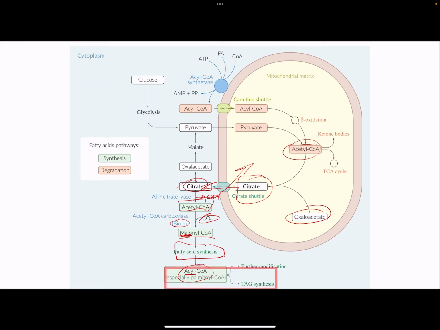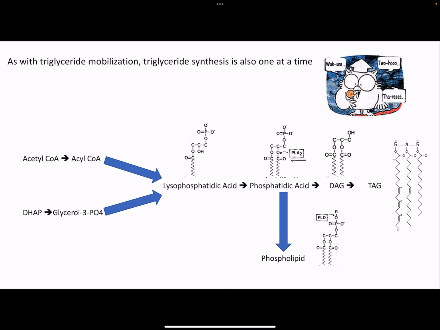So if this is happening in the liver, maybe we want to shift this to the fat so the fat can store it. So we're probably going to put it on a VLDL, which is holding a lot of these fats, and then we can ship it to the fat, which can store it a little bit more permanently. So now it gets to the fat, and we need to,